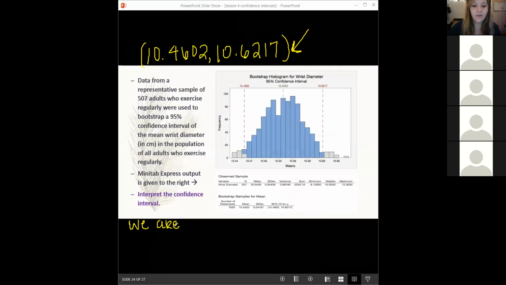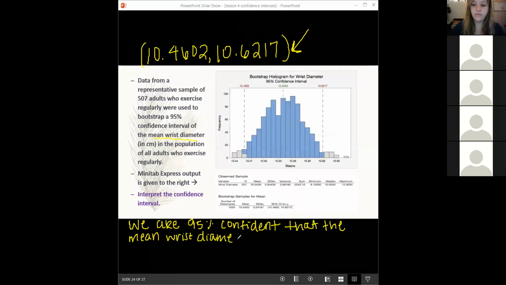But so we start this out. We are 95% confident that, and this is where it gets crazy. Remember, we want to talk about whatever variable, so are we talking about means or proportions? That's what we have to decide. In this case, we're talking about means. So we say the mean, and then the mean what? What are we looking at here? We're talking about wrist diameter. But the mean wrist